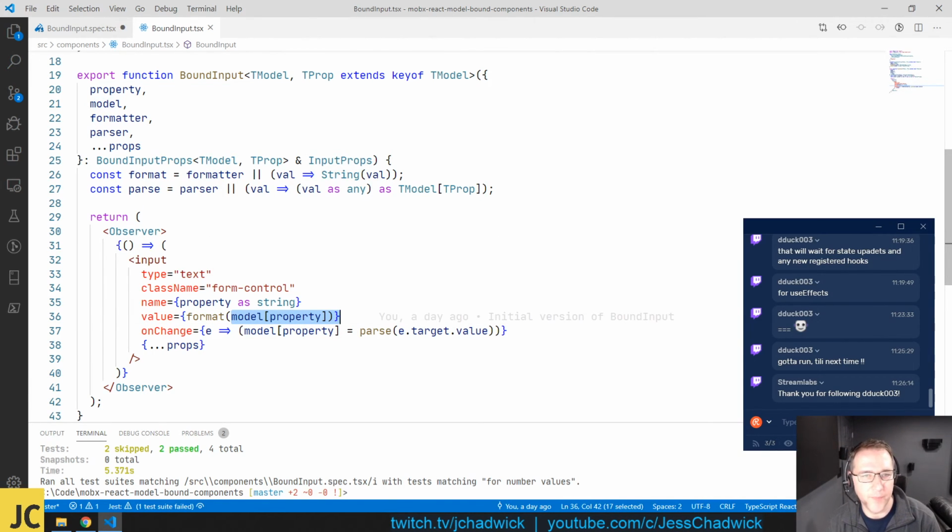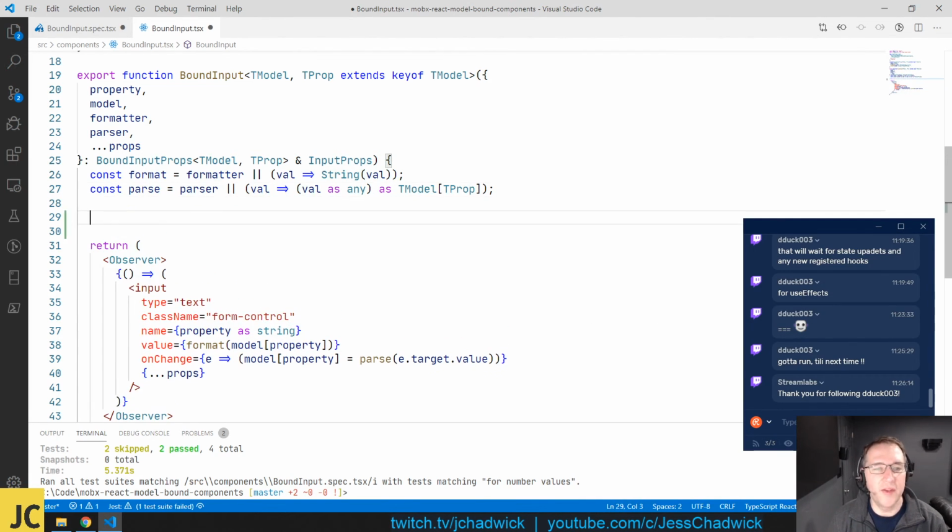So every time that happens, all of this code is going to execute. What I can do here is allow you to pass in a custom format or a custom parser. This should actually only happen the first time that the component is rendered. I mean, it doesn't really matter, but